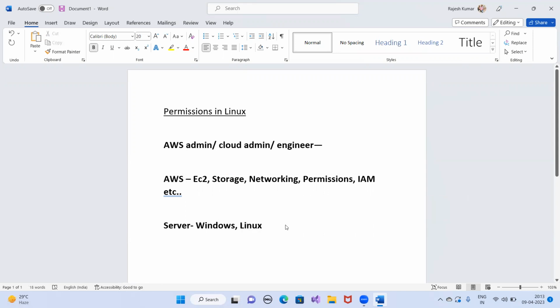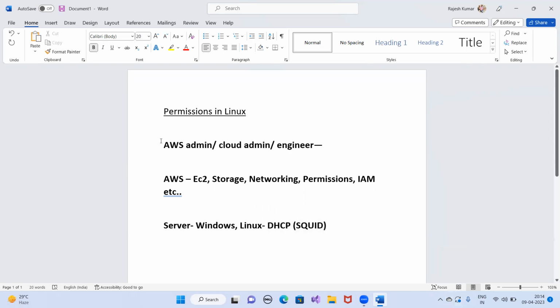But if any issue comes inside the Linux, for example if someone says that the proxy service in Linux, called Squid, is not working, this thing you are not going to manage. If any issue comes at the cloud platform level, then you are going to handle it. That's the reason we are learning Linux, because in Linux you are starting from zero, so that you can get a familiar understanding in case you need to troubleshoot the Linux platform at the AWS level, and then you would be able to do so.